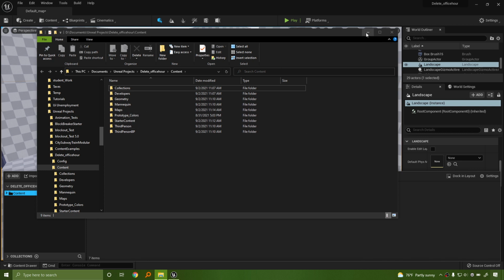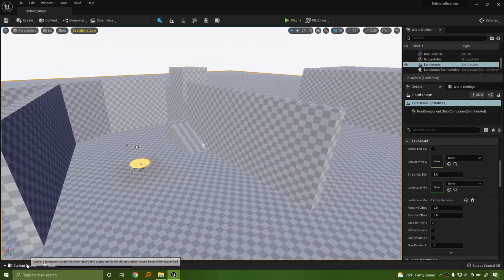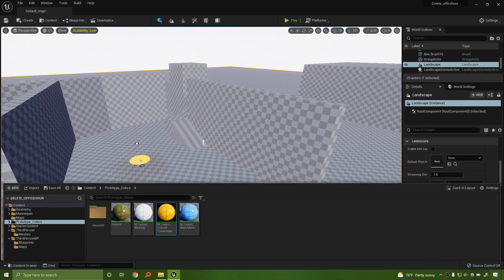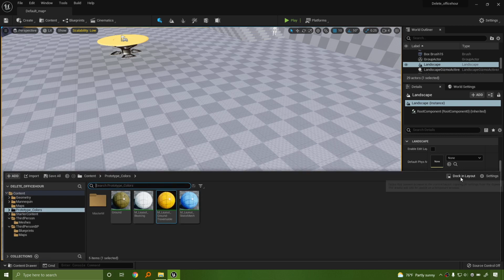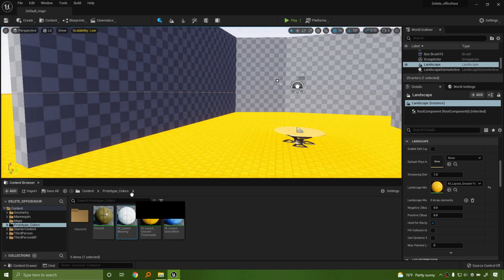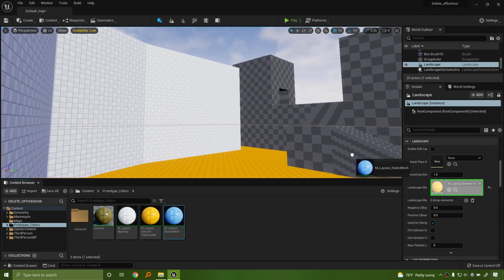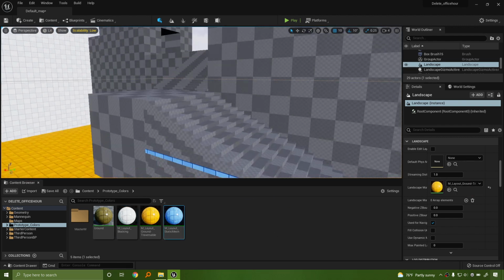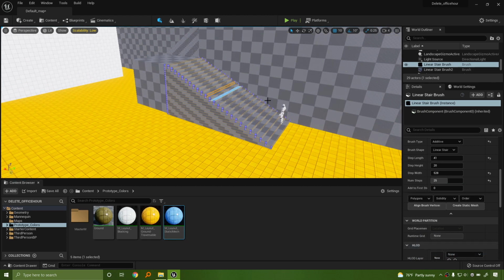So I have the ability to use something called prototype colors here. And I'm just going to add some color to this. Come on. Oh, I added it in the wrong spot. I'm going to dock this for now so I can see it. Ah, those stairs are going to be ugly. We can select that whole thing. See if we can apply it. Nope. Let's go ahead and select all the surfaces.